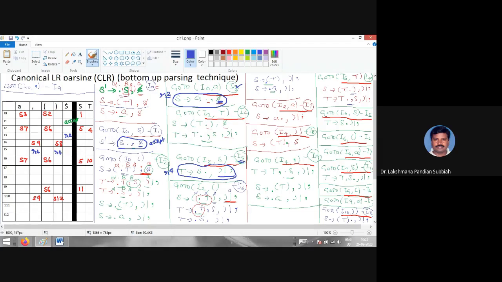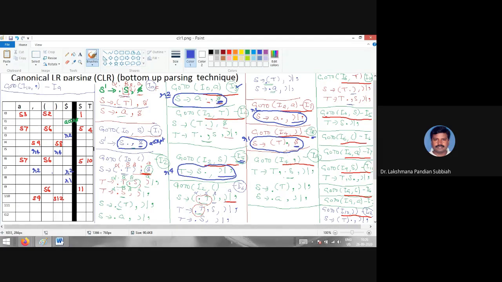Then I7. So we are having this one. This is the second production rule, R2. Here close and comma. Put 7, so in that 7 close, comma and comma, you have to fill with R2. Next one, here 7 over then 8. So this was R1. So you have to fill R1 in dollar, the state 8.